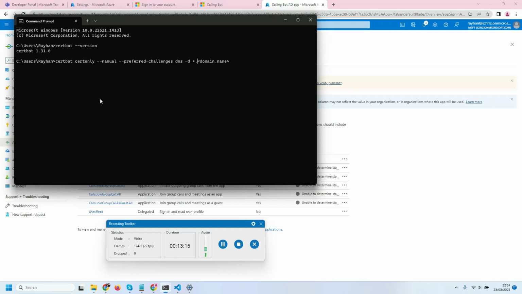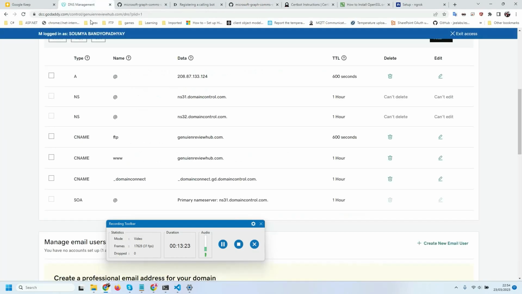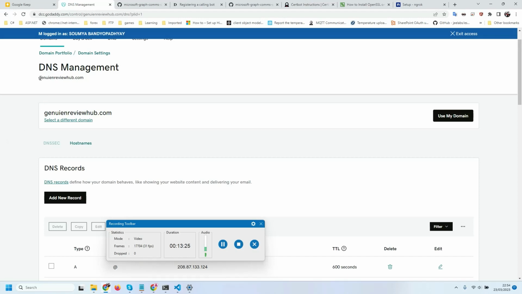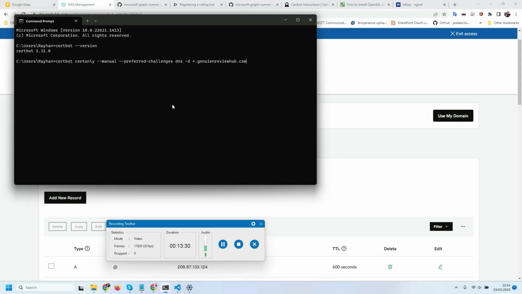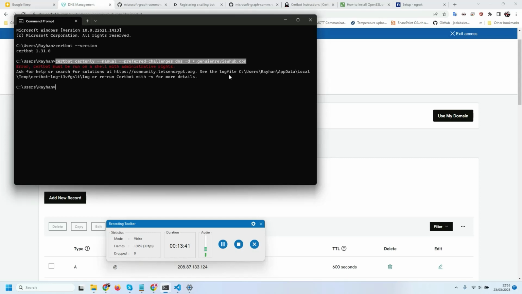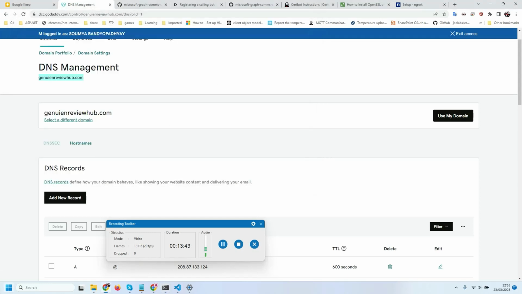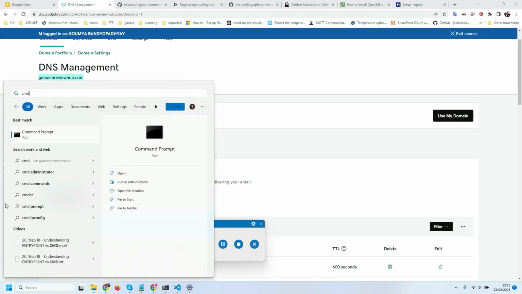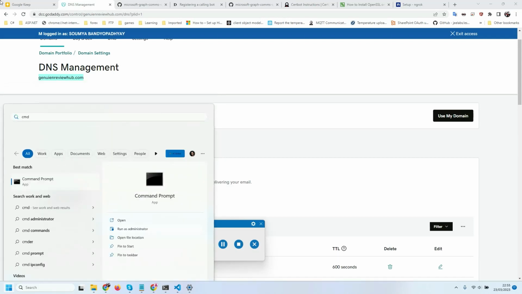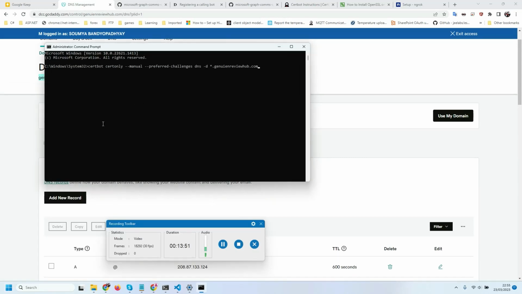So I need to provide my domain name here. What is my domain name? I am copying the domain name and pasting it here and pressing enter. Oh, sorry, I need to do it with administrative rights. So what will I do? cmd, run as administrator, paste the same command,